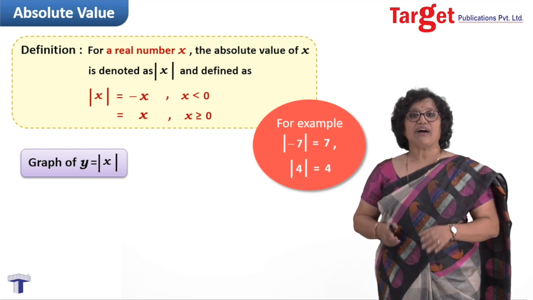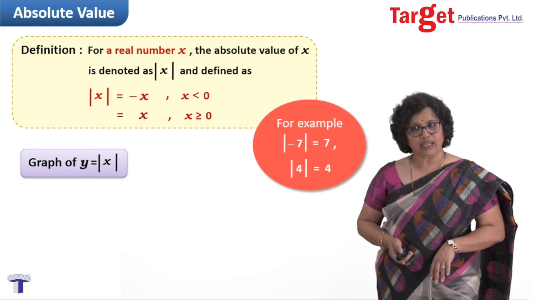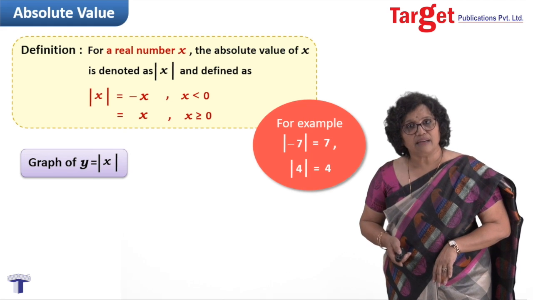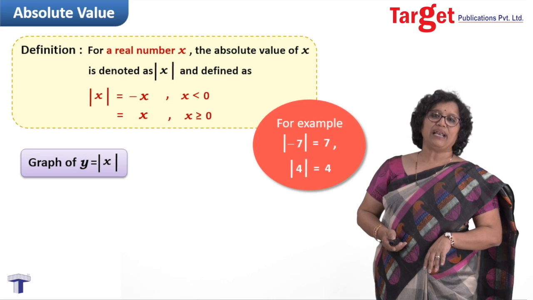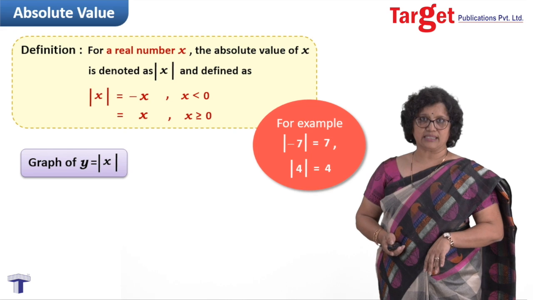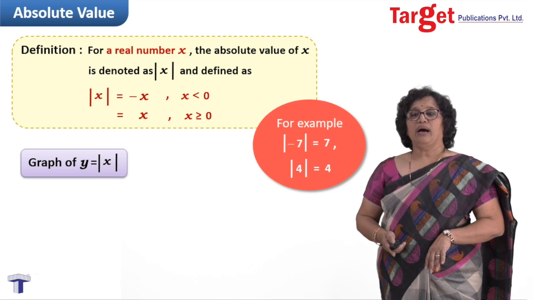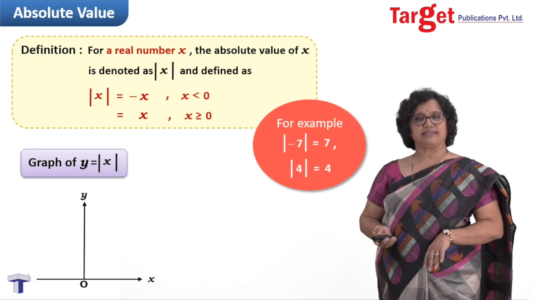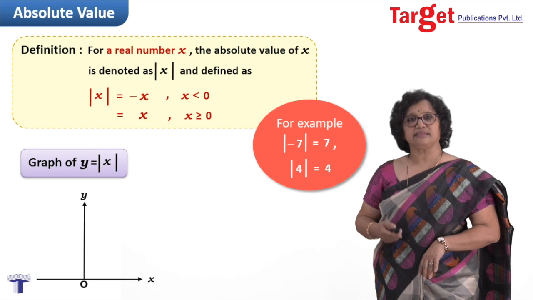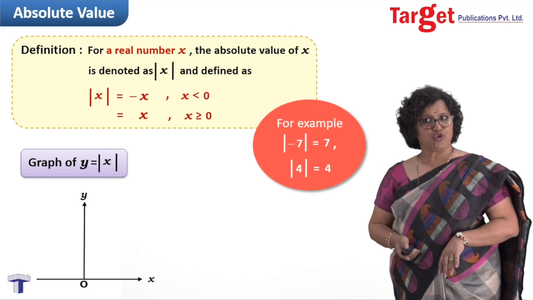And hence, that y would be termed as dependent variable. We always take that independent variable on the horizontal axis and the dependent variable on the vertical axis. So, how does it look? That horizontal axis is named as x-axis. The vertical axis is named as y-axis. The origin has been shown.